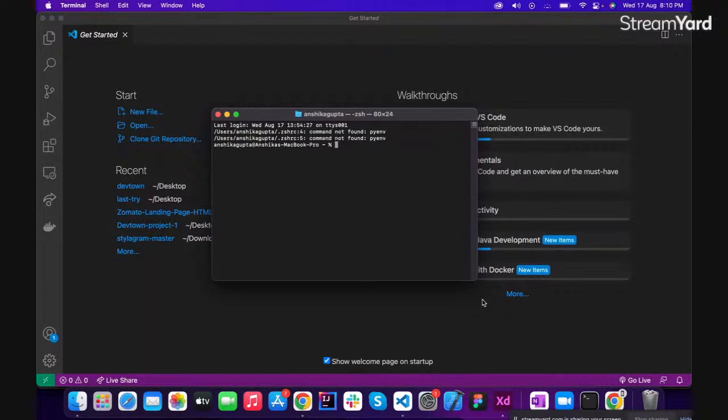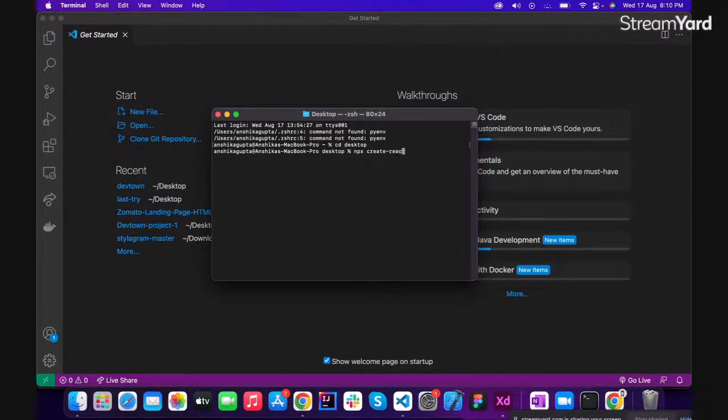Okay, so let's go with our second step. I need this folder to be on my desktop, so we will write the command cd desktop. Now if you need to make the app on your desktop, you can go with this, and after that you can go with npx create